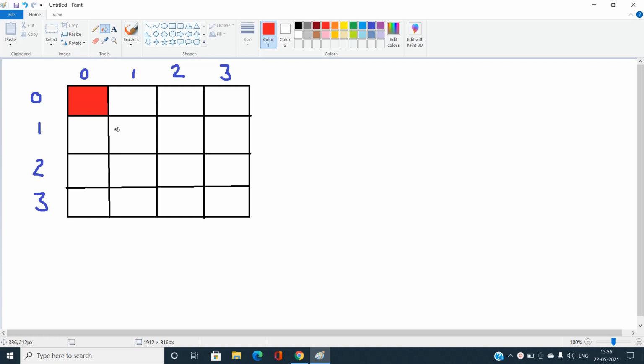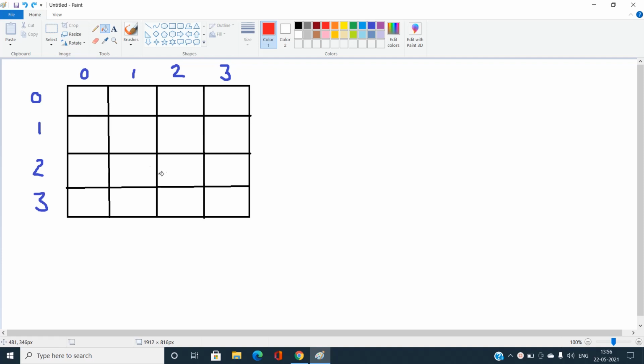Let's say I have put a queen over this position, then in the next recursive function, I will try to place a queen at any of the positions of this first column. And in the next iteration, I will try to place a queen at any of the positions of the second column, and similarly so on. Why am I going to do that? It is very simple. If I place a queen in any column, it means all the positions of that column are saying you can't place another queen there, because the already placed queen will violate the condition. That is, these two queens are going to crash into each other.